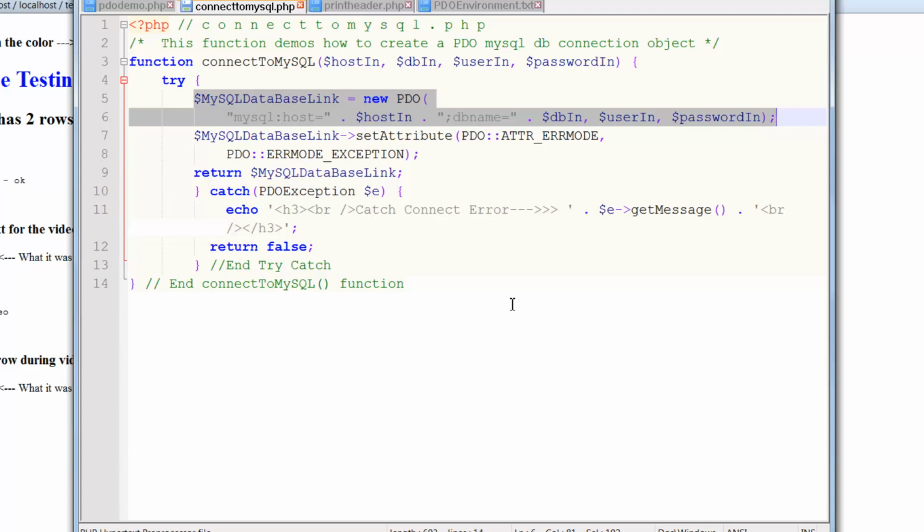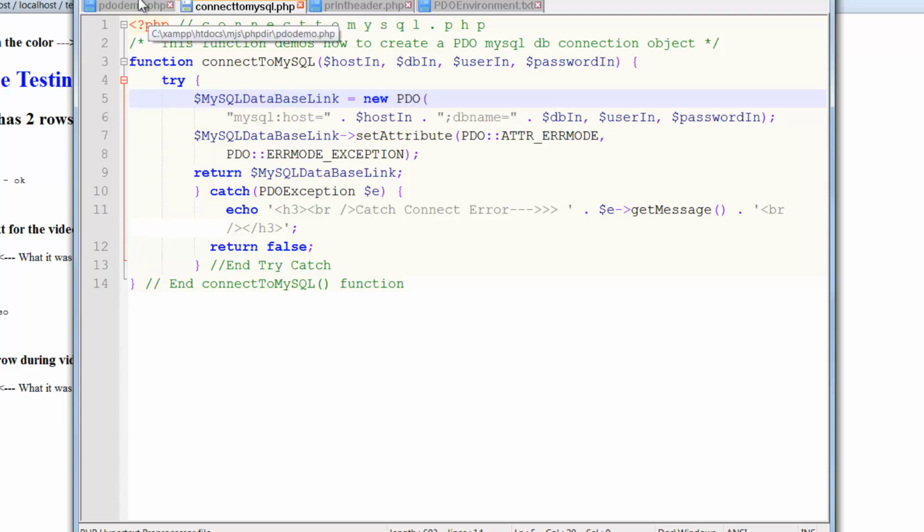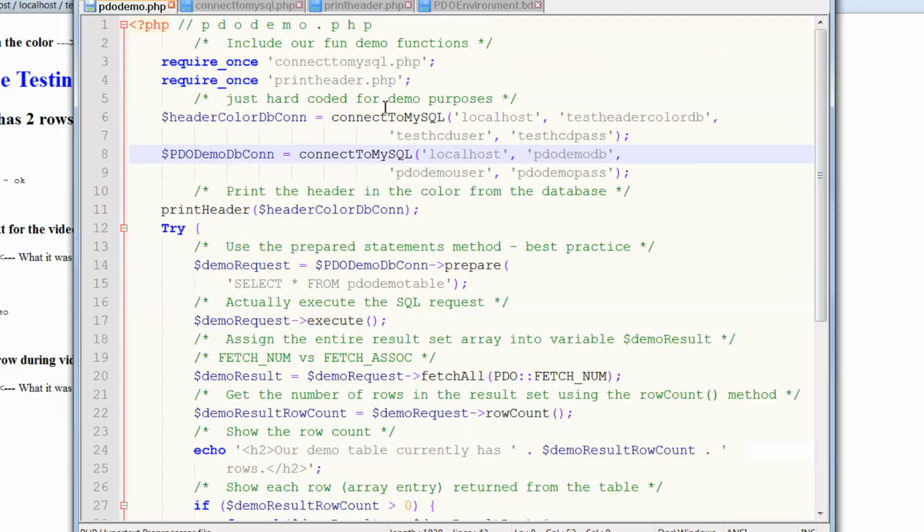What this basically sets up is our link to that specific database, and it knows what server and everything. So here's the connection piece. Now that we're connected, we do our two connections, and then we have these two objects available to us. Then notice I call the print header function,